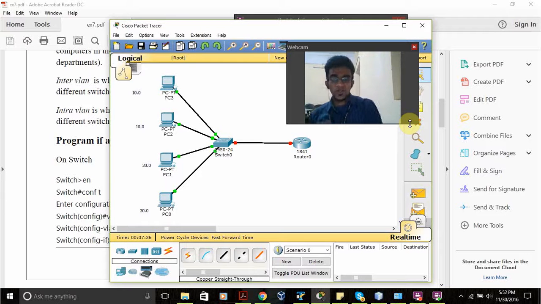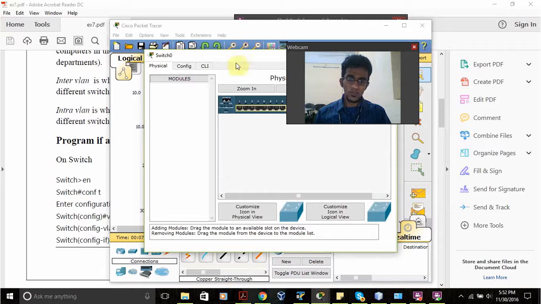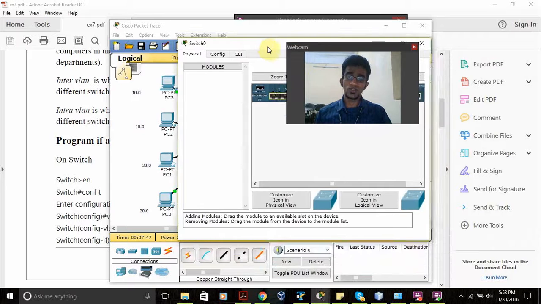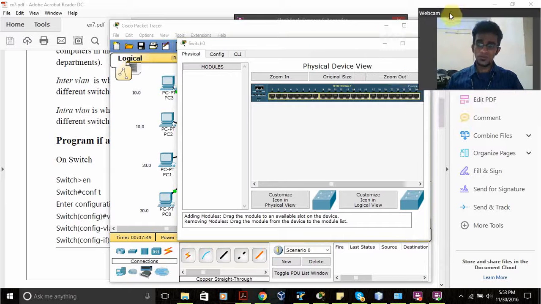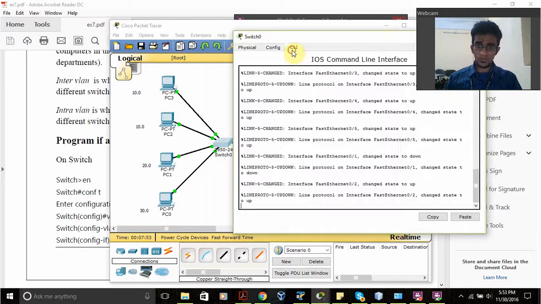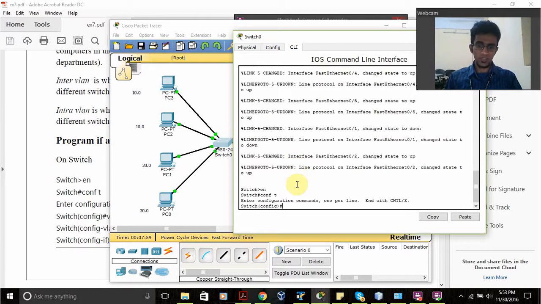So let's get into the configuration. In this case we have to configure the switch and its ports by giving them access. Here, port 0/1 is connected to the router, and the rest are connected to the devices. So we go to the CLI, same as configuring a router, conf t, and now we